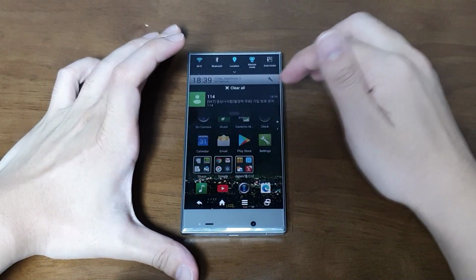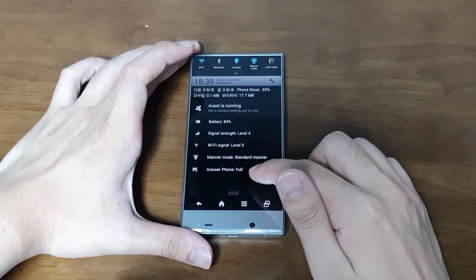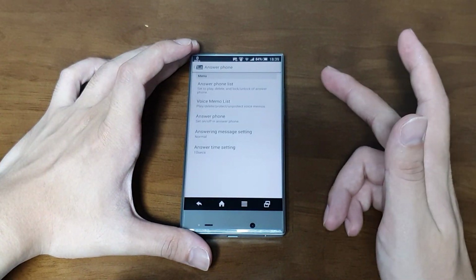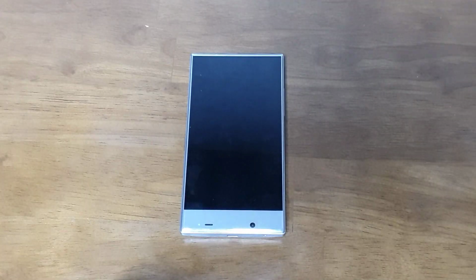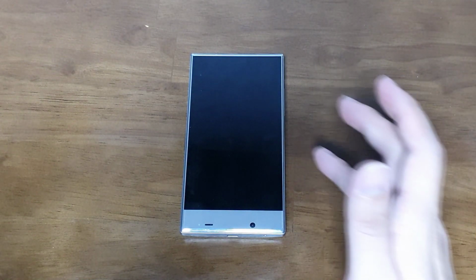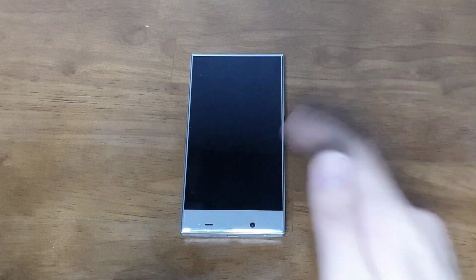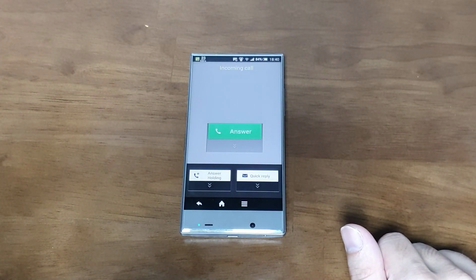And speaking of phone calls, there's an answering feature which automatically answers the phone call for me. So for example, I missed a phone call. There's a phone call coming, and I wait for 10 seconds. So 10 seconds later, it